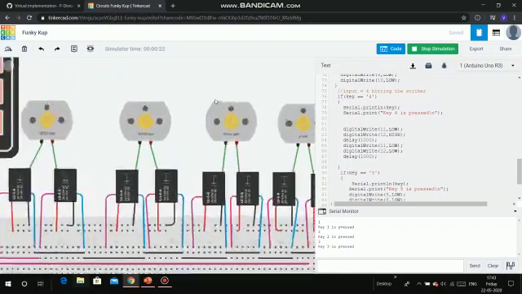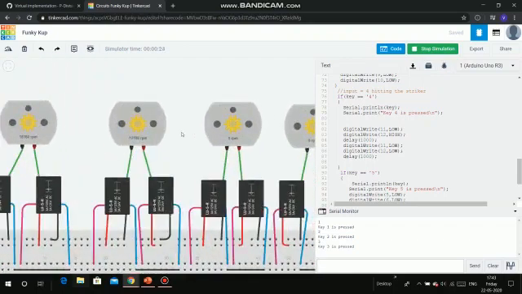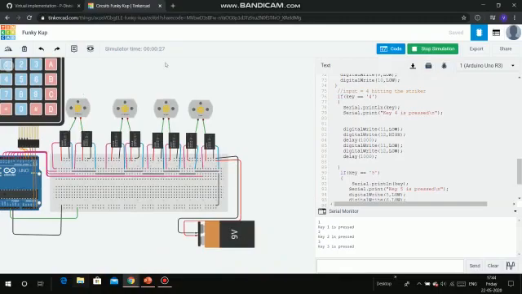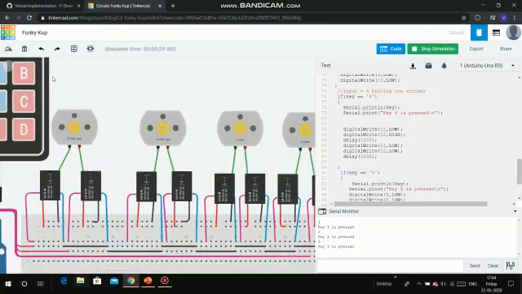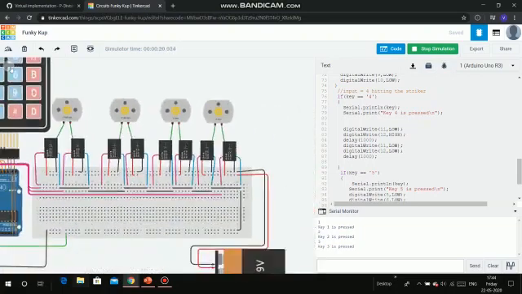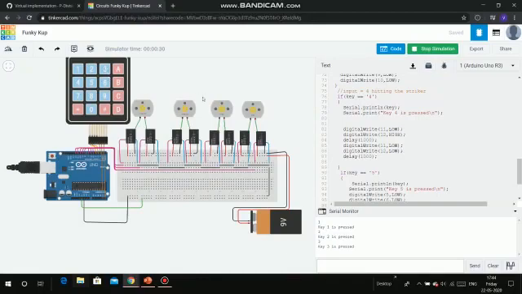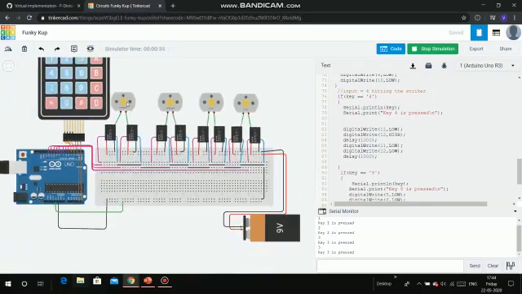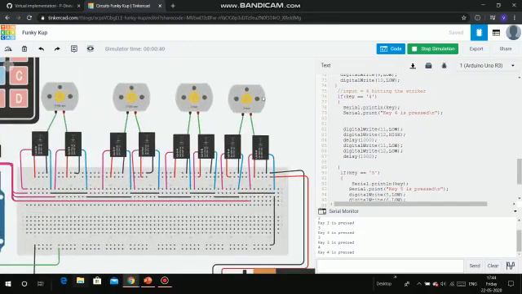Then if key 3 is pressed, now this one is rotating. Basically this is the one to rotate the arm of the bot. So I'll press it once again. Just observe this. So this one is used to rotate the arm of the bot. Then if key 4 is pressed, this one is used to hit the striker with high RPM.